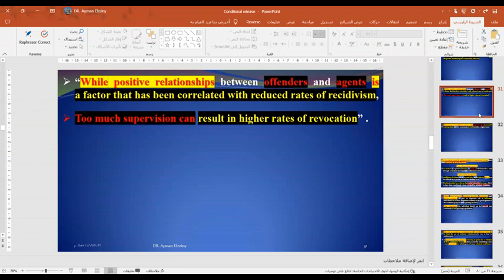While a positive relationship between offenders and agents is a factor that has been correlated with a reduced rate of recidivism, too much supervision can result in higher rates of